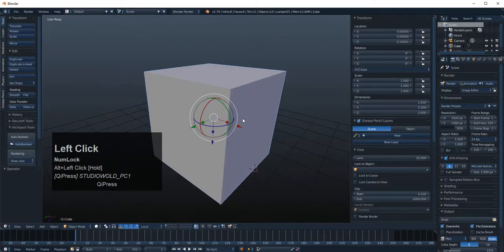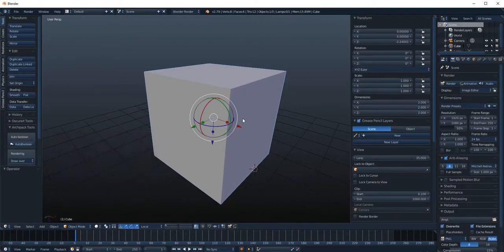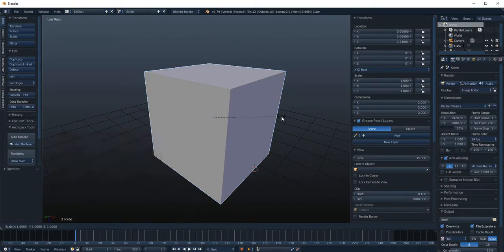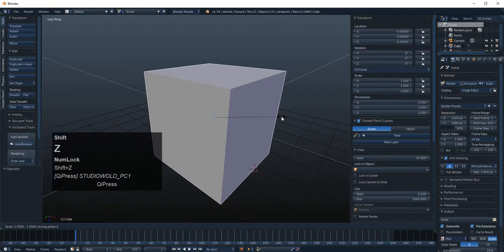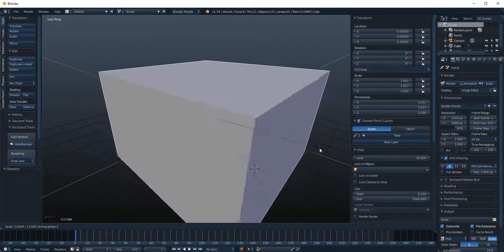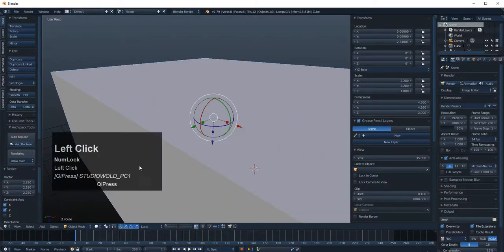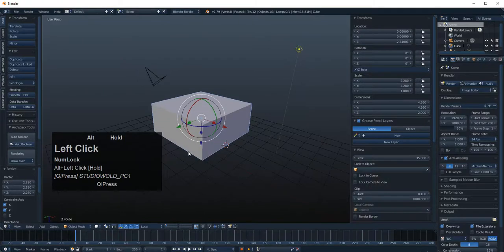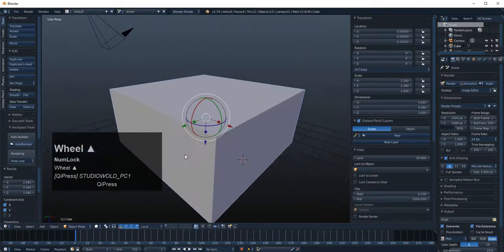So what I will do in Blender is I have to use a keyboard shortcut. So the way that works is I would go scale, and then in this case I'm going to use Z. So Shift Z, and now you see it gives me two of those, and I'm scaling only on those two axes. See, I only scaled it on those two. So that's how you do it in Blender, and it works for